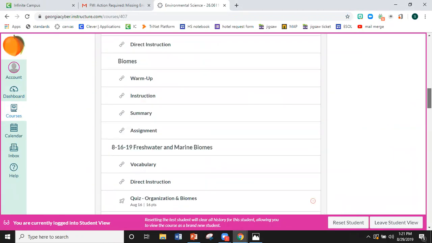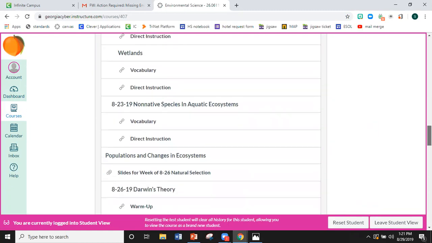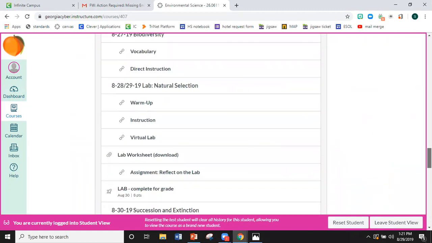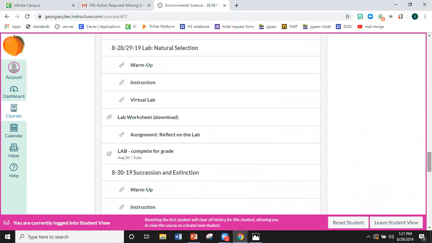When you scroll down, find today. Today is the 29th. And you notice it says 28 and 29. That's because odd-numbered classes had it yesterday on the 28th. You guys have it today on the 29th. So today,